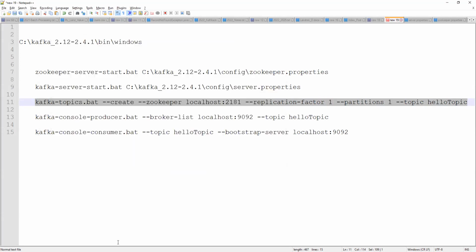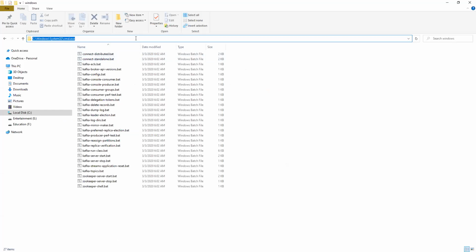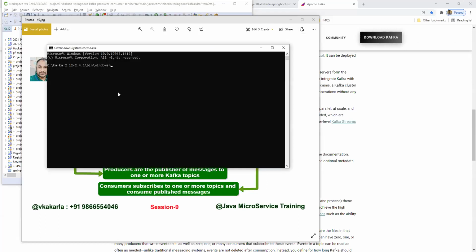So let me open one more command prompt. We already created a topic. So let me share one more window. Now you are able to see a new command prompt, titled producer. So let me run a producer.